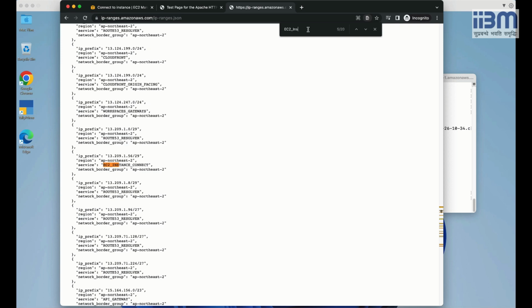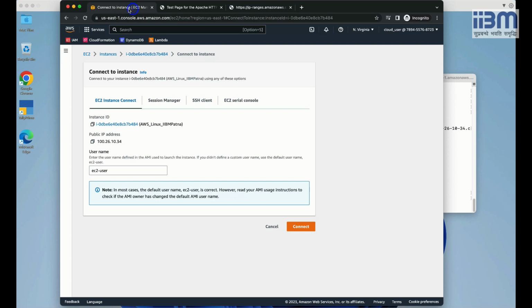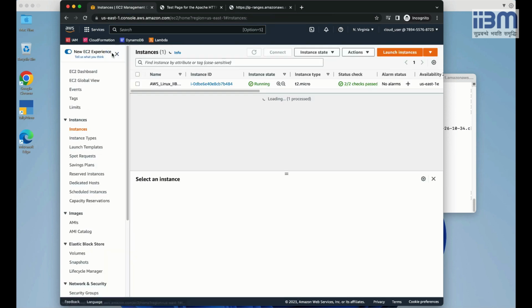And if that EC2 Instance Connect service also is pointing to your region, which is US-East-1, and here we are in US-East-1. So we can just select this IP range, copy it,